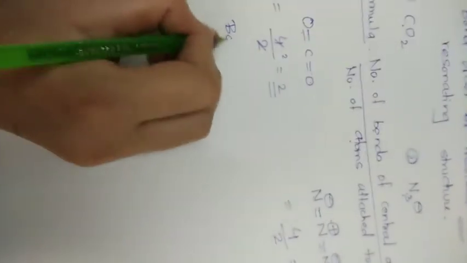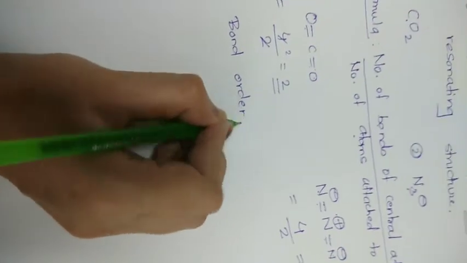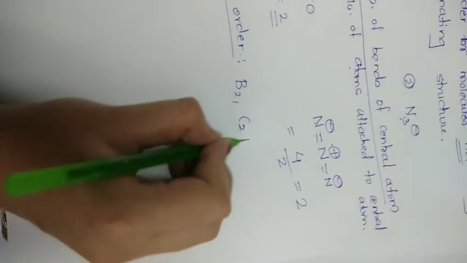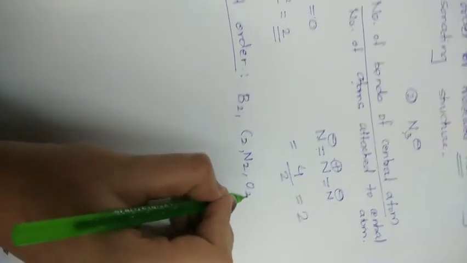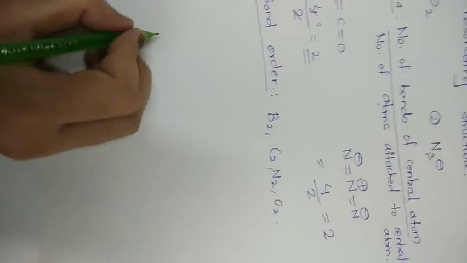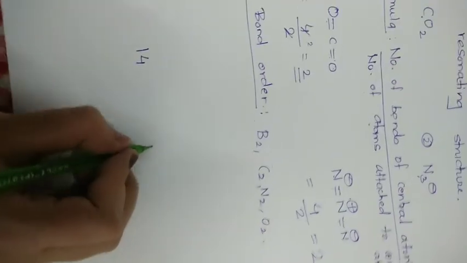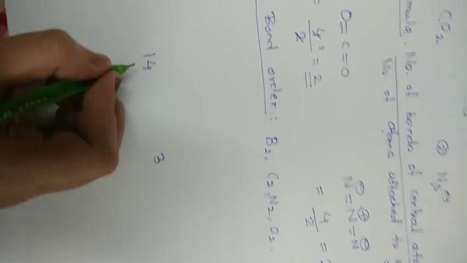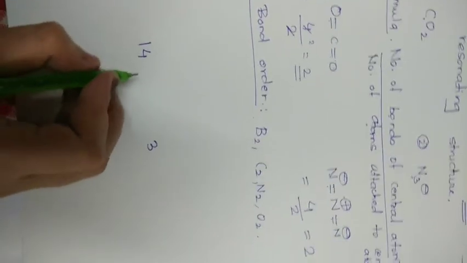Okay. Now let's see the trick for the bond order of common molecules. What is the trick for the common molecules? You all know how to remember the trick for bond order for common molecules like B2, C2, N2, any molecule from 1 to 18 electron number. Okay, so let's see the trick. You can write 14 first and then write the 3. Now what is 14 and 3? I will explain it to you.